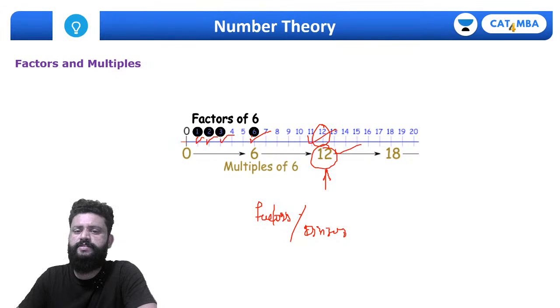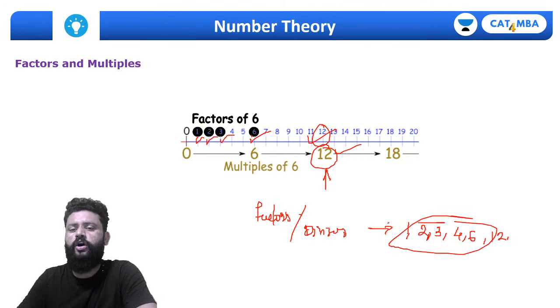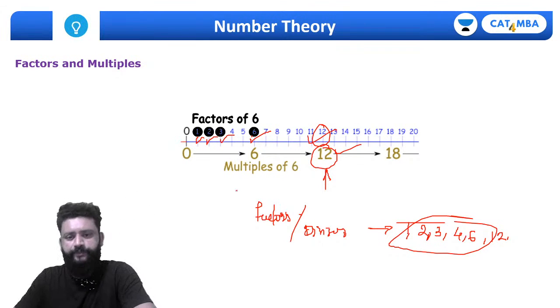Even 12 itself is a factor. So how many factors for 12? 12 के फैक्टर्स अगर चाहिए तो सारे 1, 2, 3, 4, 6 and 12 itself, all these are factors. और अगर 12 के मल्टीपल्स चाहिए